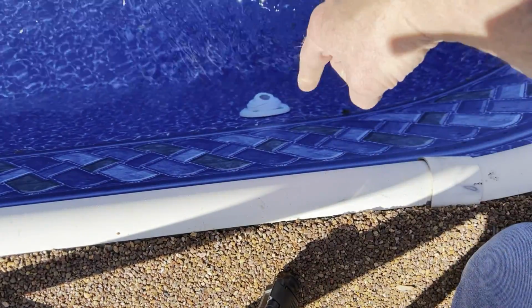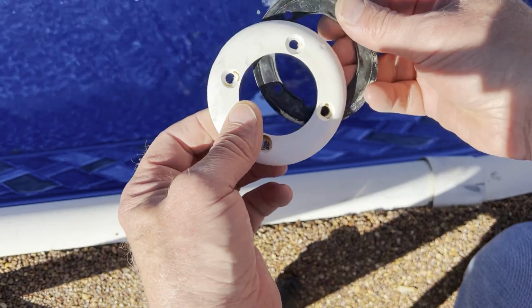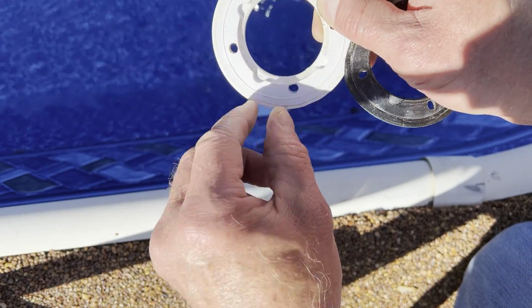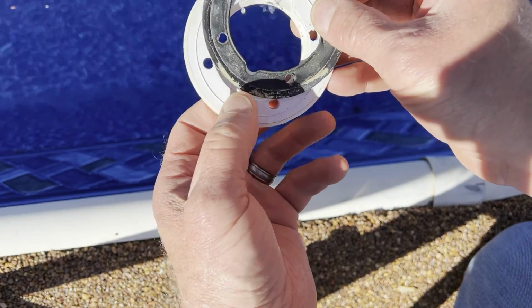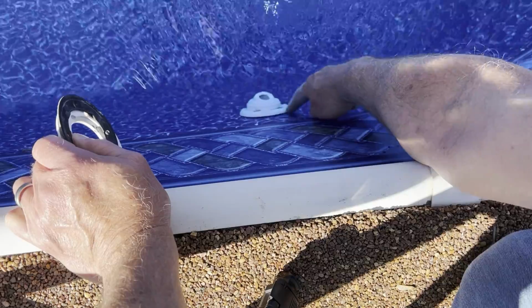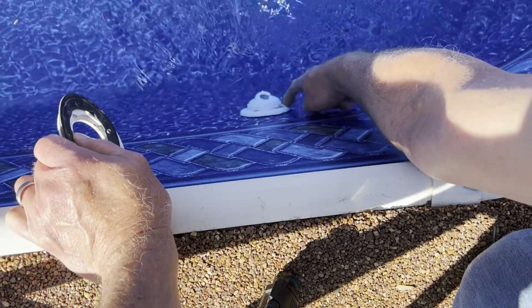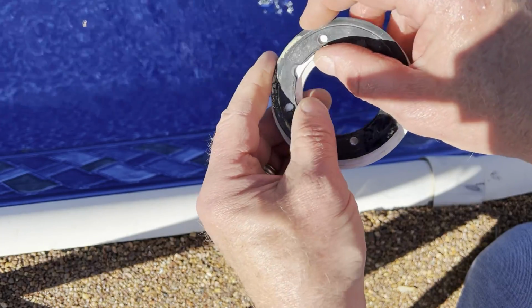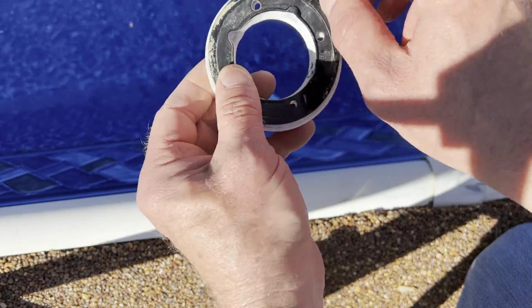Couldn't find my footage for this outlet jet either, so here I'm gonna redo this. You've got these covers here, and they've got these little indentions, and you've got an indention in your gasket also. So just go around and feel for that indention. I think this one was on this right side,